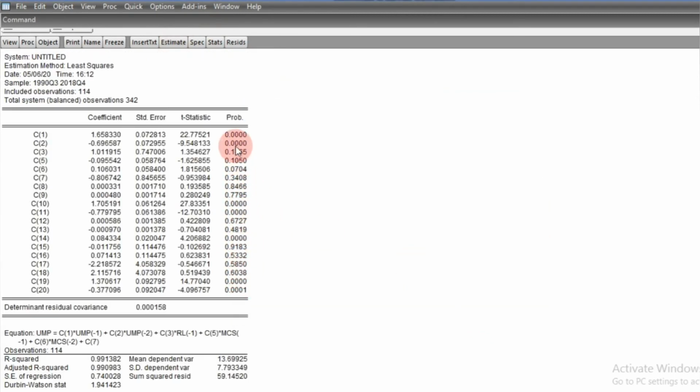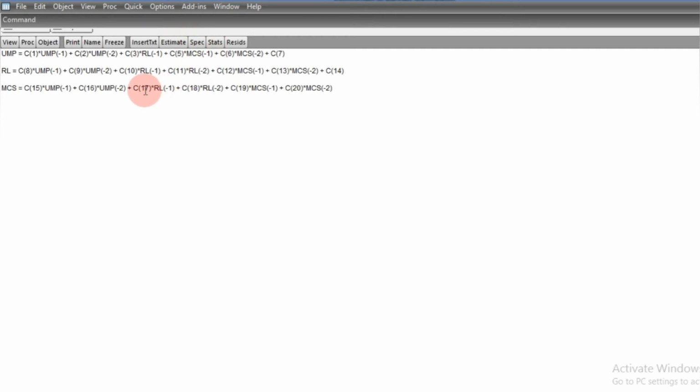After estimating, we examine the result again, and here we remove C15. So here we are taking this as general to specific, which means we are removing from the p-values that are the biggest in size. Okay, biggest in size p-values are being removed. So we say we are removing C what again? C15. Where is C15? Here is C15.